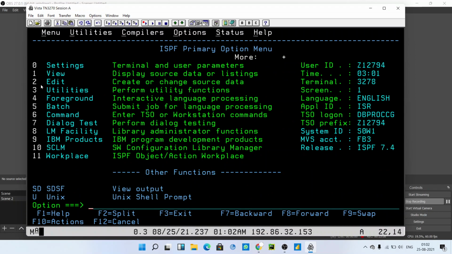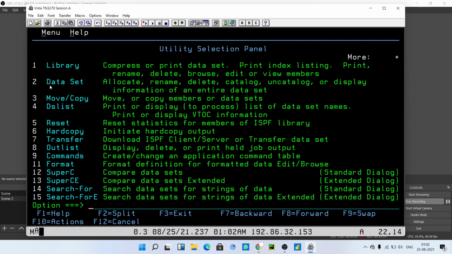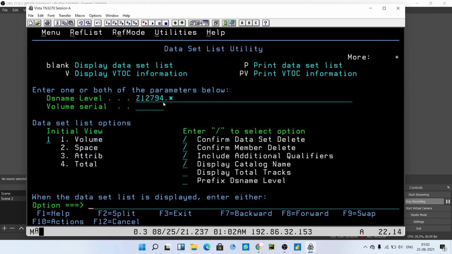Then if you want to see the PS file which was created just now, go for 3, enter, and this is DS list. Here you can check all the PS files that you have created. For that, in the option you have to press 4, after that enter.